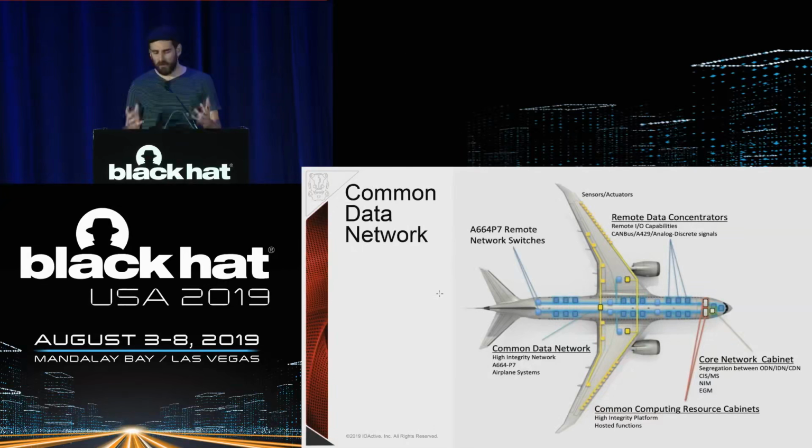Here you can see an overview of the Boeing 787 and the different networks from a high-level perspective. So we have the common data network, which is the avionics network, where everything important is connected. It's a high-integrity network. The airplane systems are connected to this network. Then we have some remote network switches, the remote data concentrators, as I mentioned. Then we have a whole set of sensors, actuators, effectors. And then we have the core network cabinet, which is basically a window to the internal core system of the Boeing 787. If we oversimplify, it's like a way to interface with the outside world